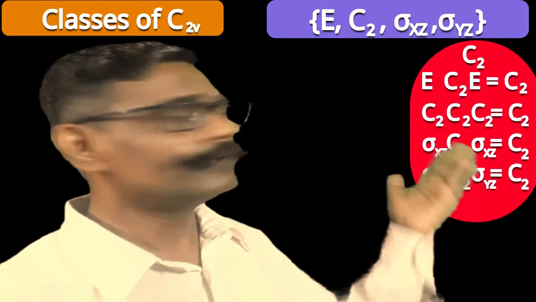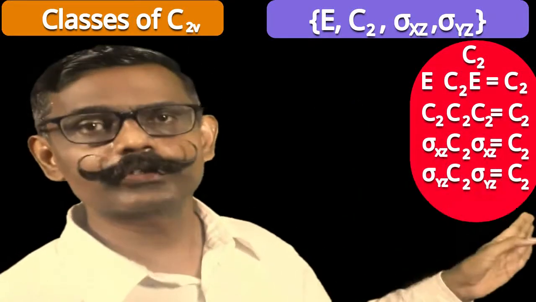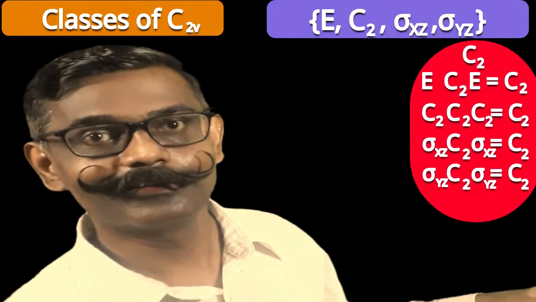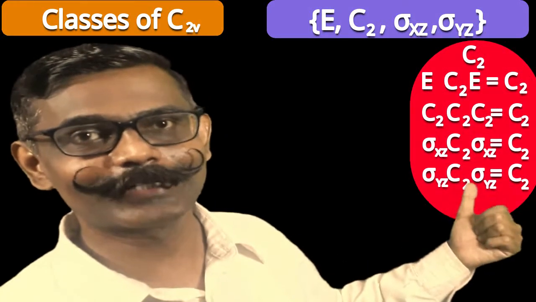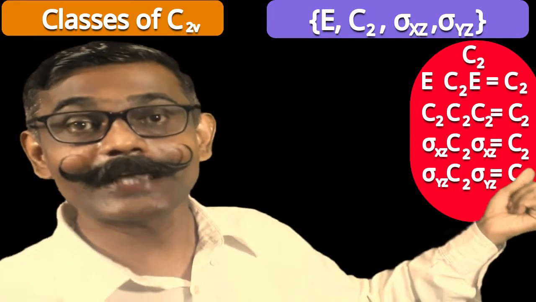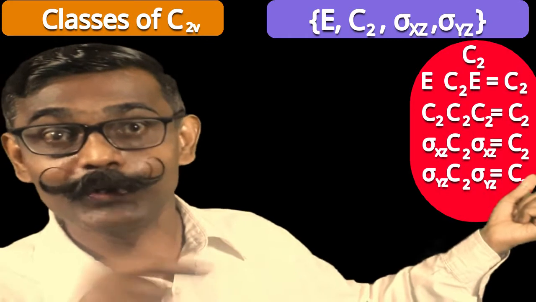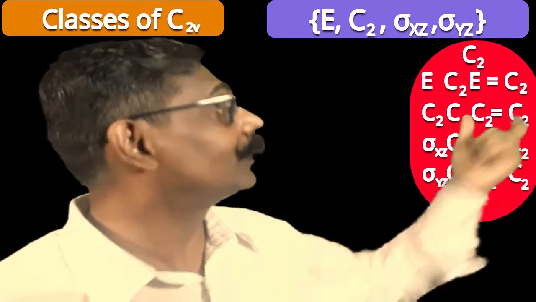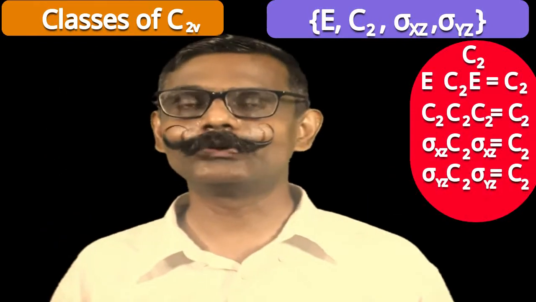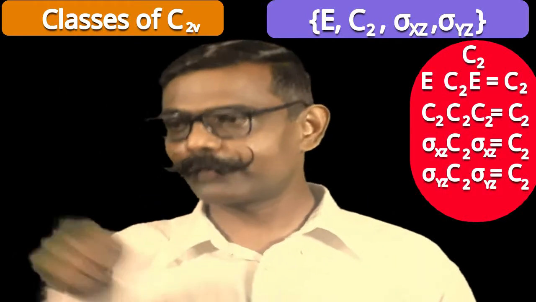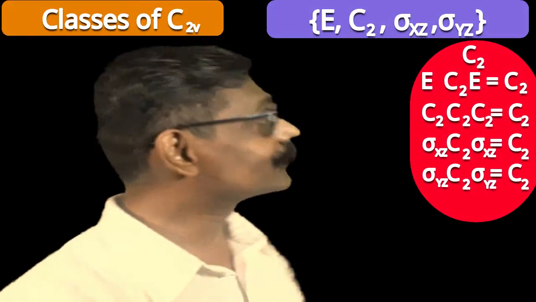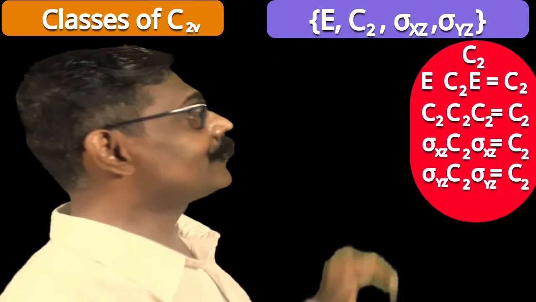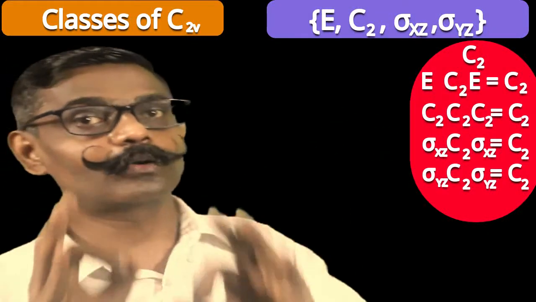Next, C2 itself is considered. Let us try. The inverse of C2 is C2, into C2, into C2. The difference is that the first is the inverse, the second, C2, is the central element on which we are performing the similarity transformation, and then again C2. Rotation by 180 degrees, again 180 degrees, and then 180 degrees. The result is a 180 degree rotation, meaning the result is C2, so C2 is a similarity transform of A. C2 and C2 belong to the same class.